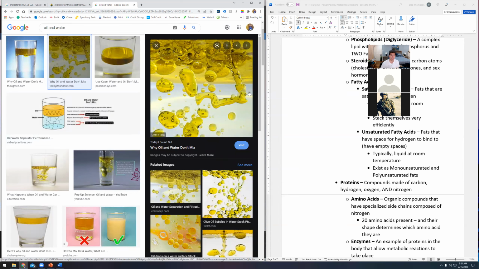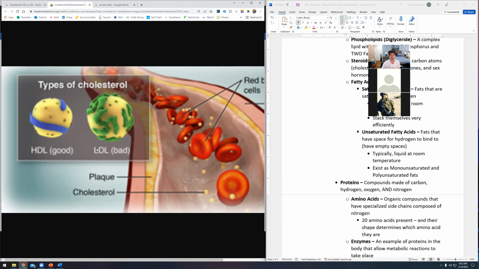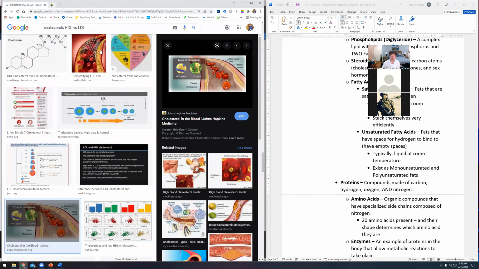Well, in your blood, that same thing is happening. What LDL stands for is low density lipoproteins. So it doesn't move through the water as well because it's not as dense. Whereas HDL stands for high density lipoproteins. They both have protein in them, but this stuff is way less dense than this stuff, right? So HDL is going through and it's cleaning out your blood vessels. Your good cholesterol, it's going in and scrubbing the walls, which is great.